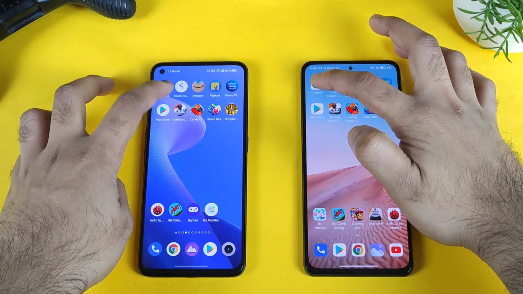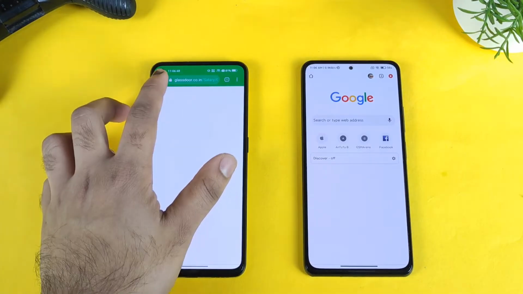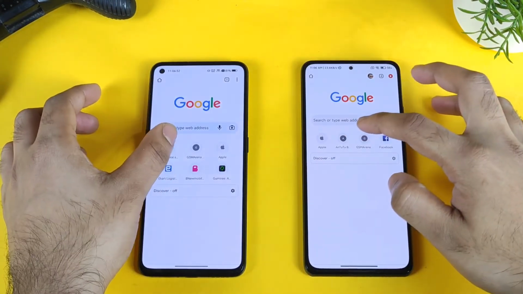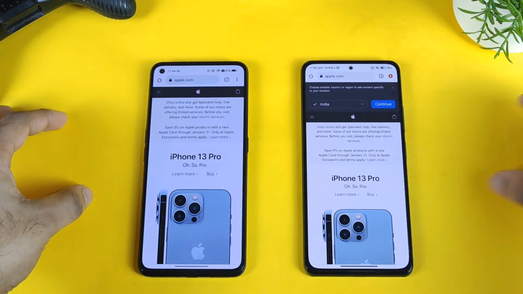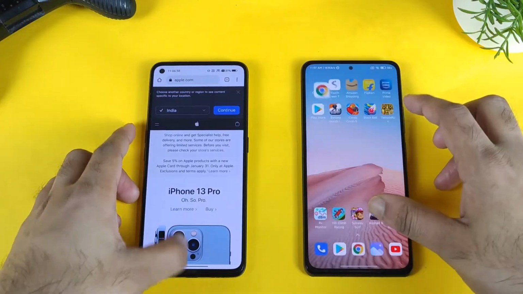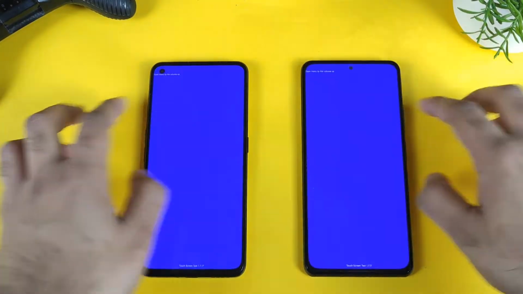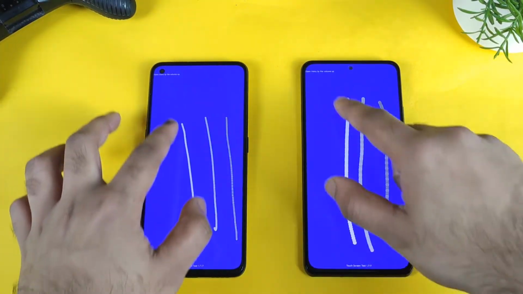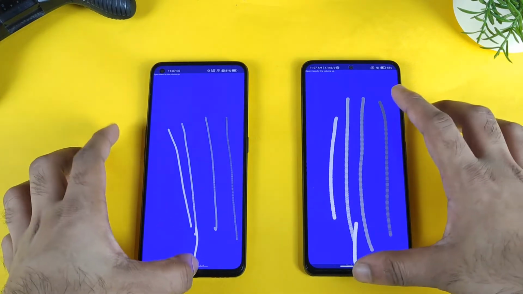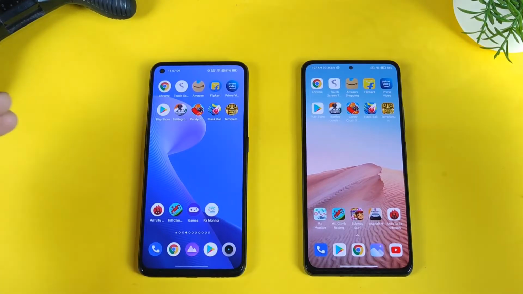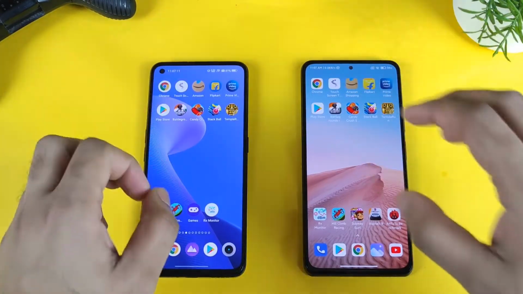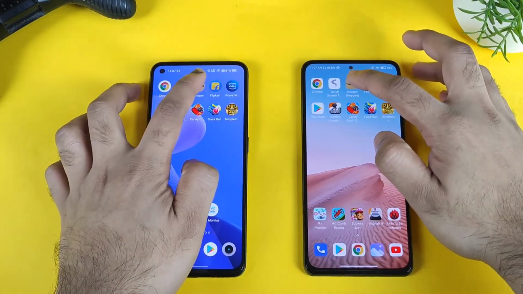1, 2 and 3. Let's load one website, maybe the Apple website. You can see the loading speed, how it's happening. This is the Mi 11X device, and next is the touch sampling rate application. I'll try to draw some lines and keep them in the background RAM management. Every time I include this particular application because only a few UIs are really well optimized to load this application, friends. That's the reason I include it every time.